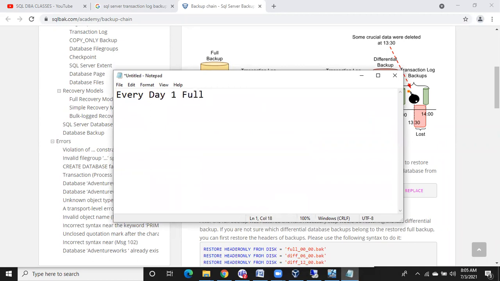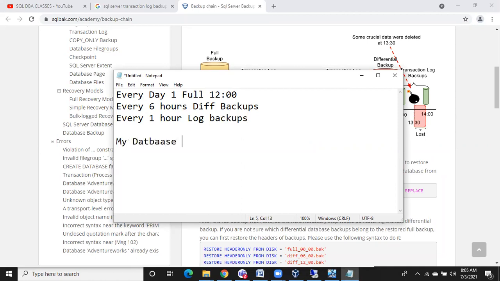A full backup will initiate at 12 AM night, and every 6 hours a differential backup. 6 hours means morning 6 o'clock, afternoon 12 o'clock, evening 6 o'clock, night 12 o'clock. Every 1 hour, log backups. Now as per this diagram, my database is corrupted